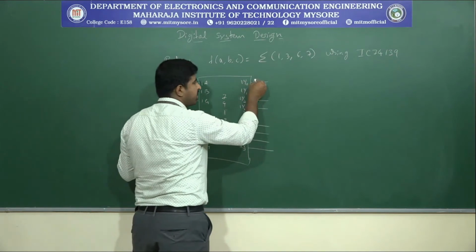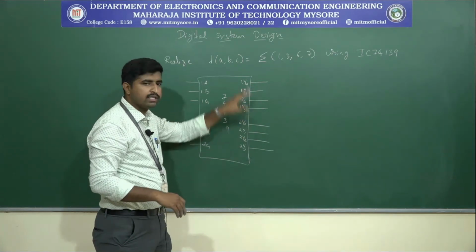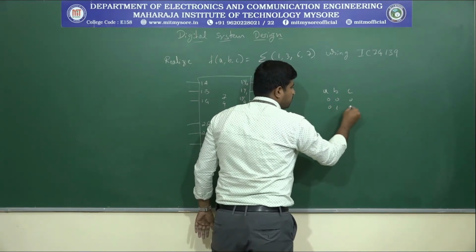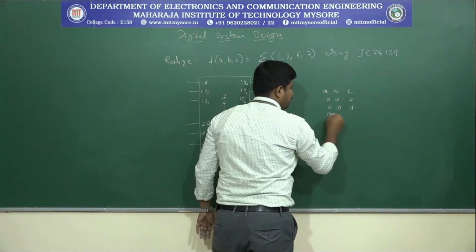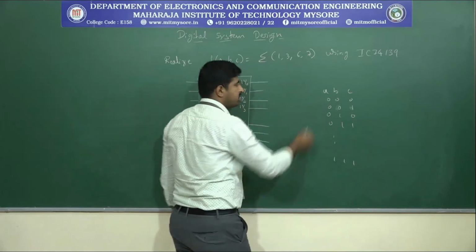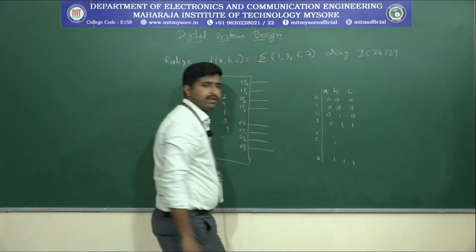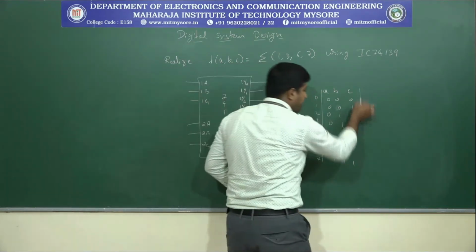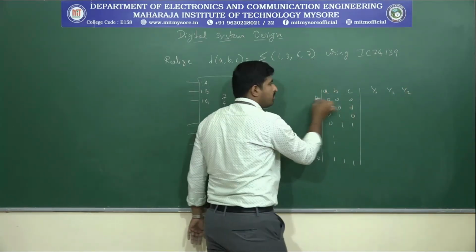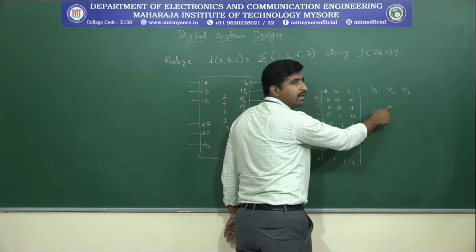As per the previous discussion, this corresponds to 0, 1, 2, 3 in the truth table we wrote earlier: A, B, C, 0, 0, 0, 0, 0, 1, 0, 1, 0, 0, 1, 1, like this up to 1, 1, 1. So this corresponds to 0, 1, 2, 3, 4, 5 up to 7. The same way, we have the outputs y0, y1, y2. So 0 means y0 output will be enabled, and 1 means y1 will be enabled, right.